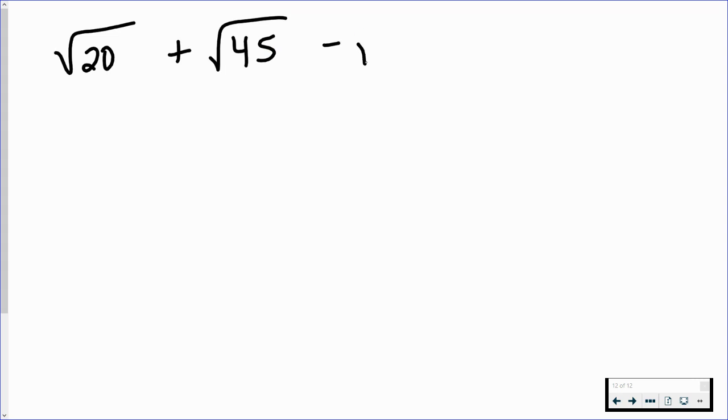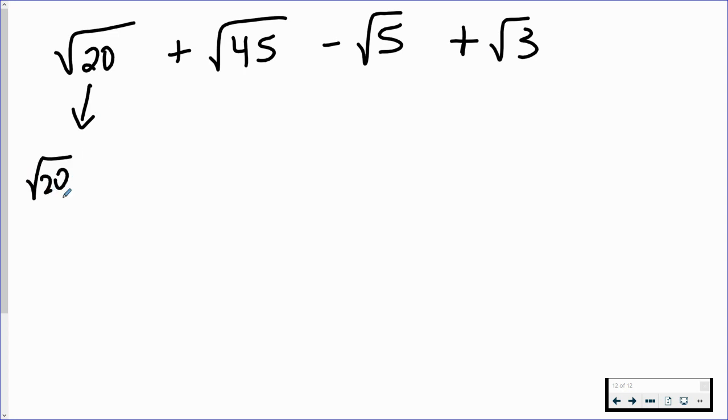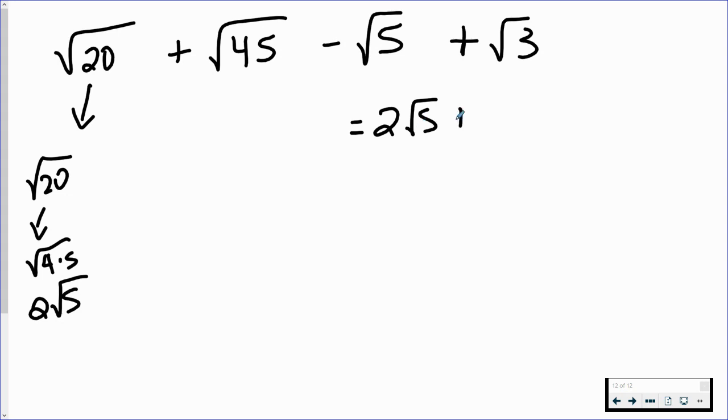All right, let's try one more. Let's say we've got square root of 20 plus square root of 45 minus square root of 5 plus square root of 3. So we've got a lot going on here. Let's take a look. Square root of 20, let's break that one down. We know that 20 is 4 times 5. Square root of 4 we could take out and get a 2 and leave the 5 inside. So this is equivalent to 2 square roots of 5 plus,